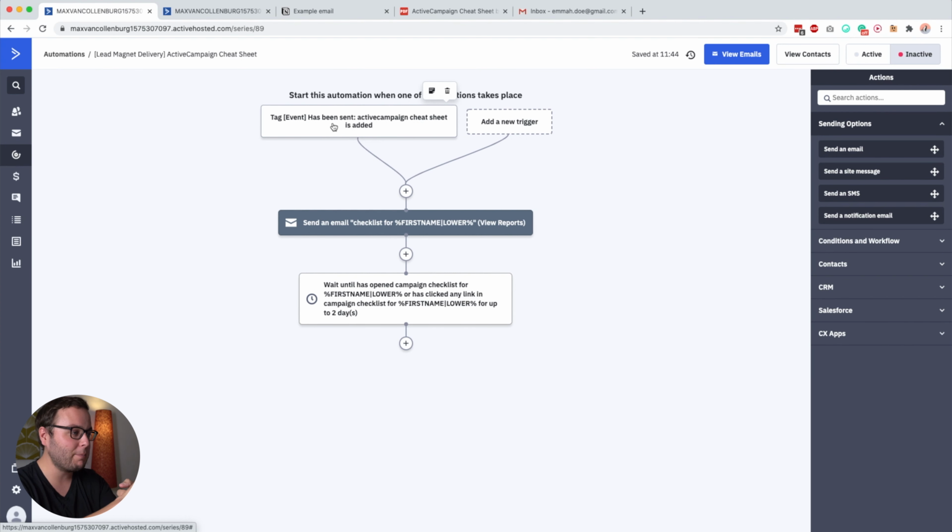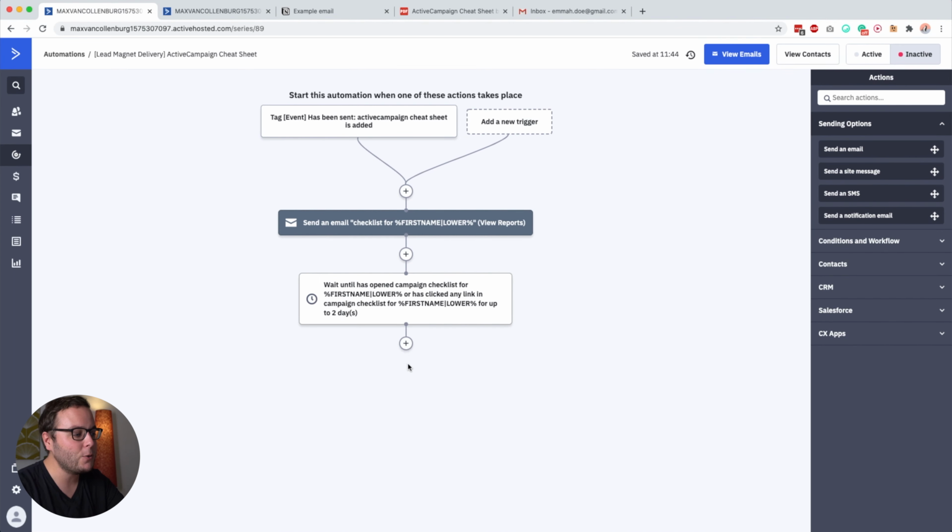The form will be submitted, the tag will be added, this automation will start, they get this email in which the checklist will be delivered, and then we wait until they opened our email or clicked the link inside our email for up to 2 days. So when someone opens the email or clicks the link in the email, they will continue right away. If they do not engage with this email, so if they did not open or click, then they will wait for up to 2 days.